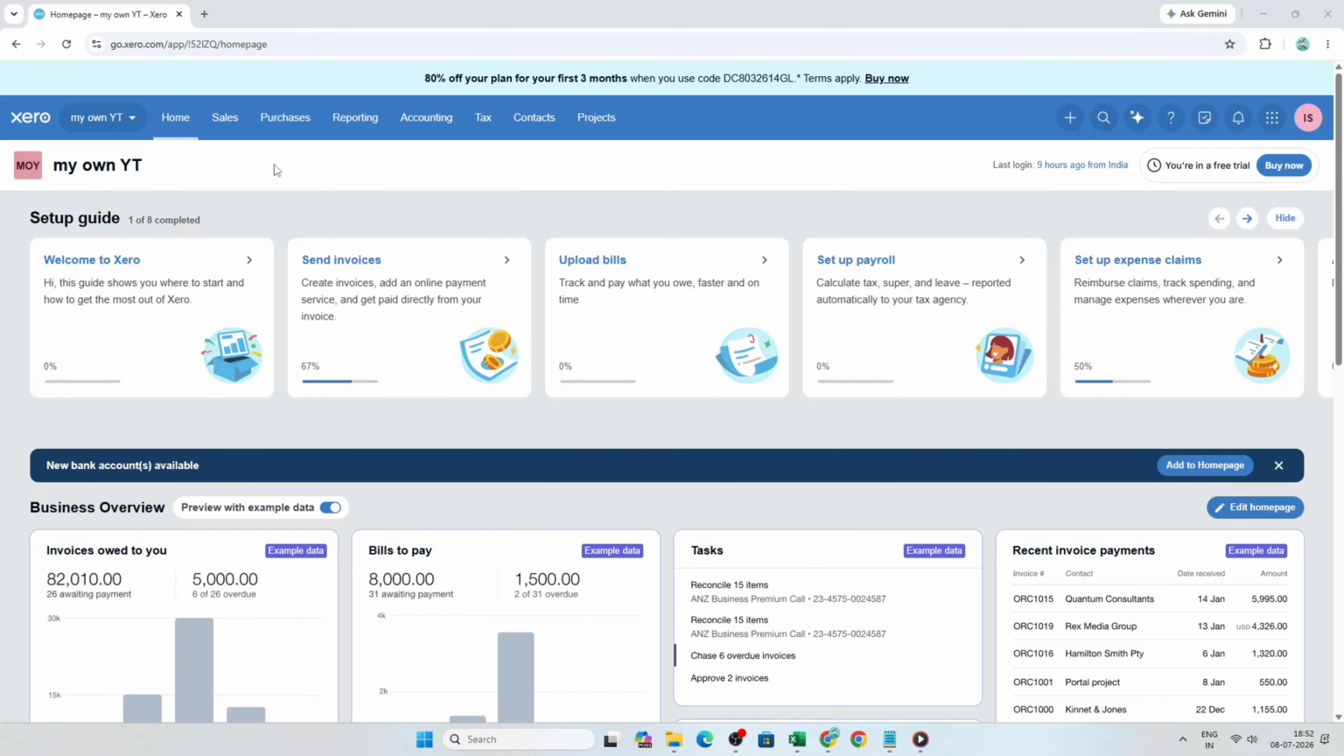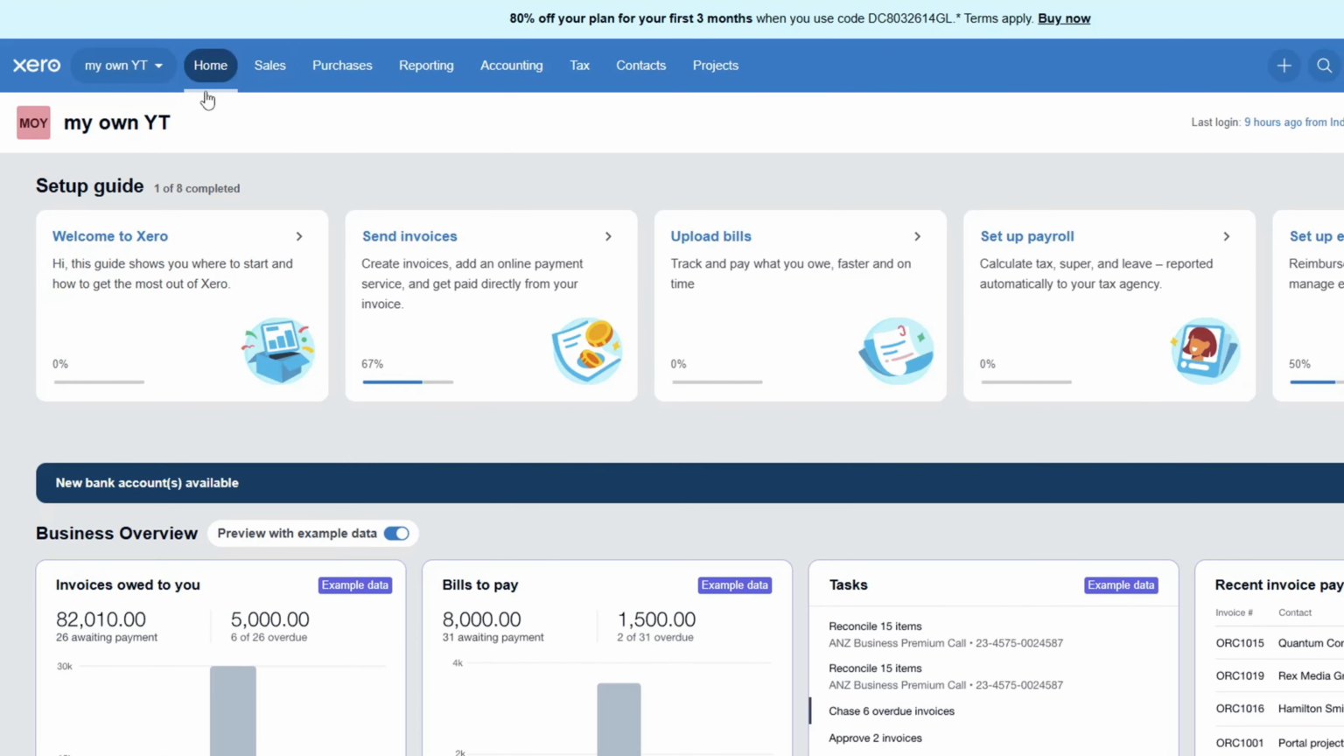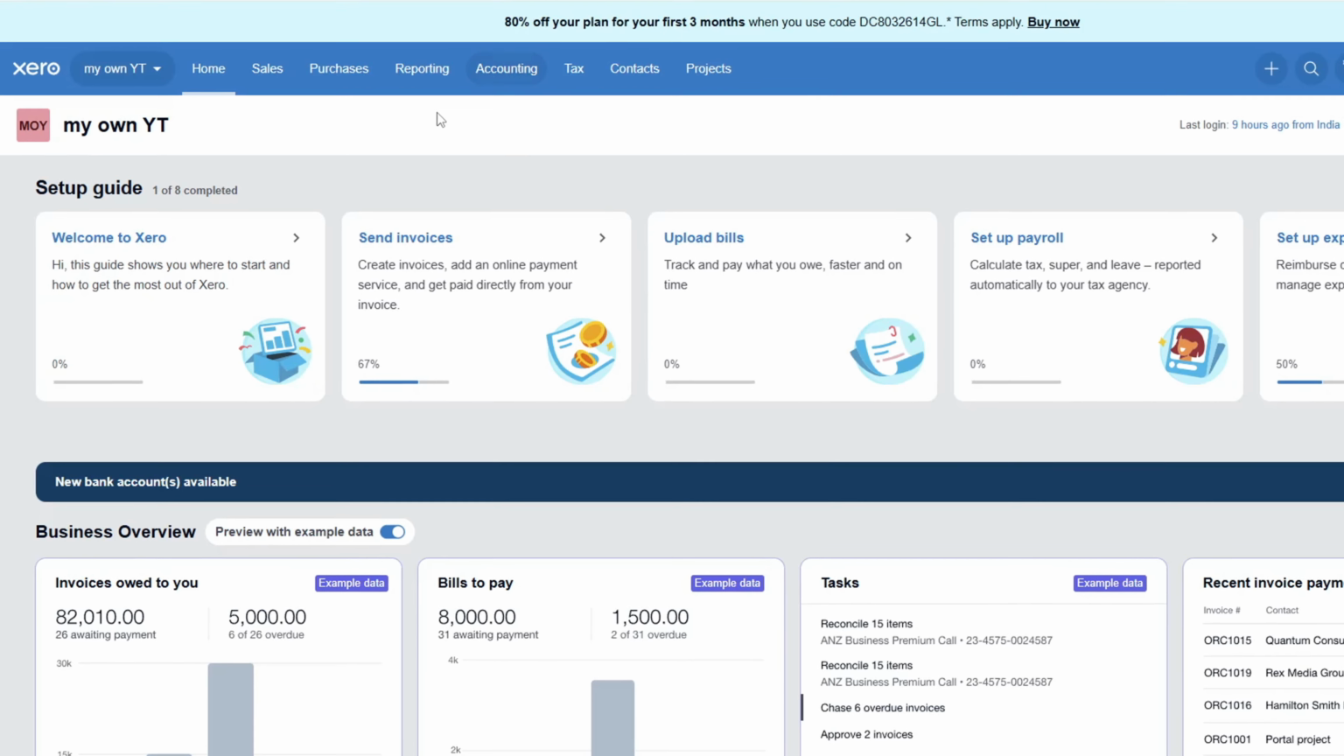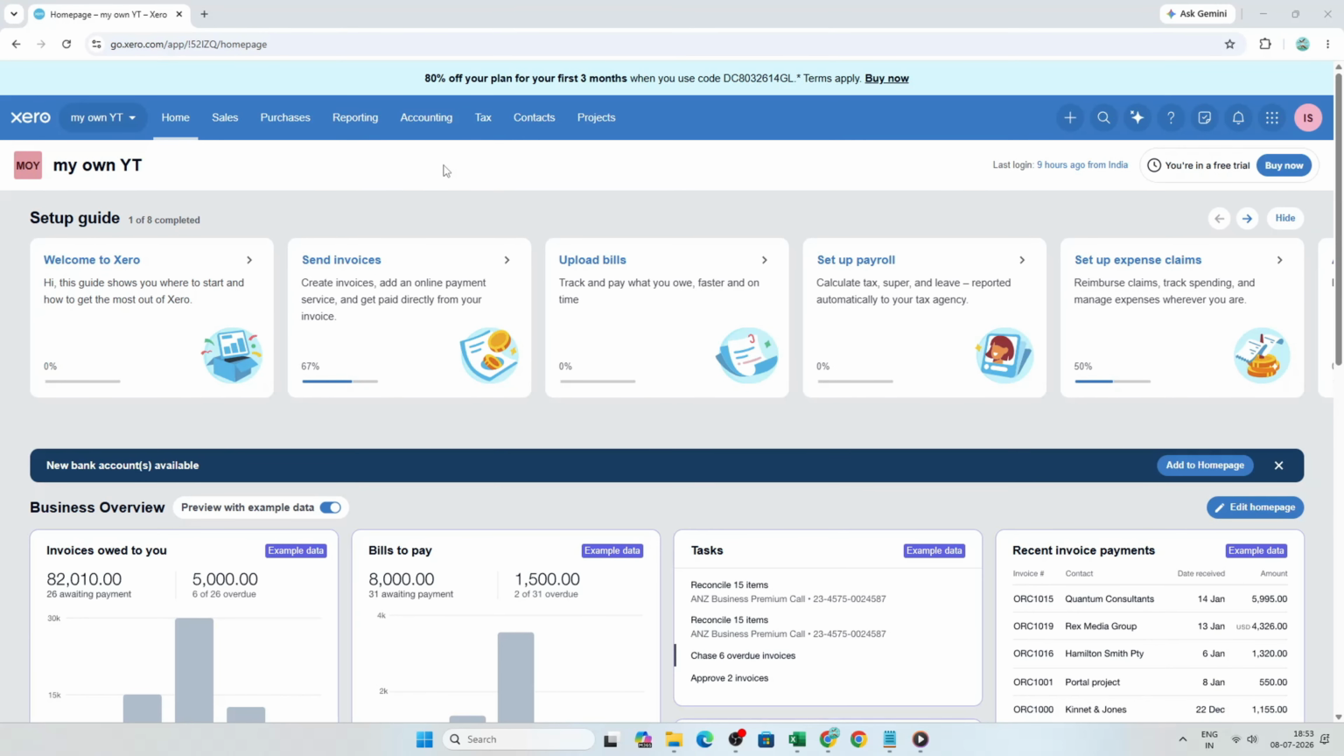In today's video, I'm going to teach you how to mark an invoice as paid in Xero. If you've already received a customer payment and just need to update the invoice in Xero, this is a quick and important task to know. Recording the payment properly helps keep your accounts accurate, updates the invoice status, and makes sure your bank and reporting